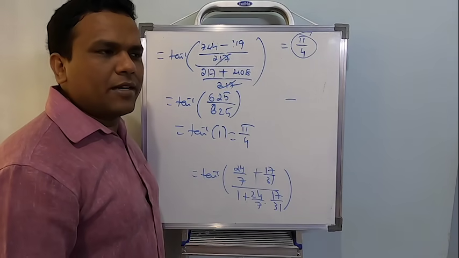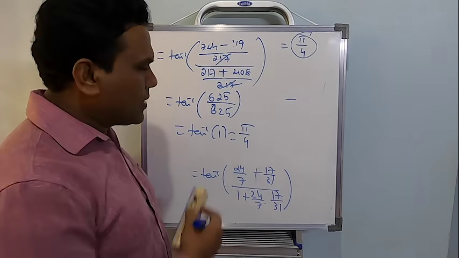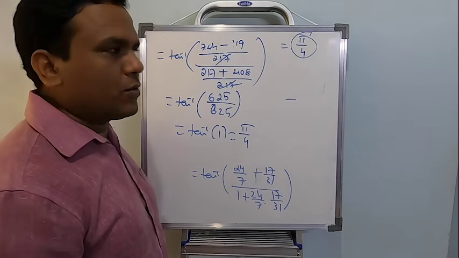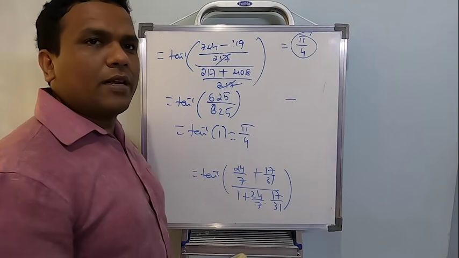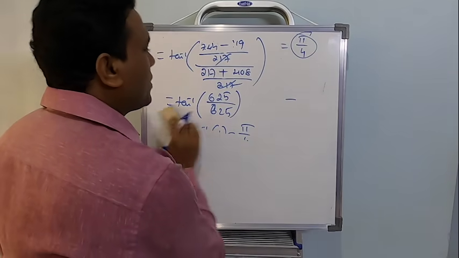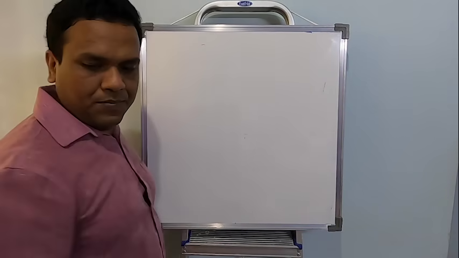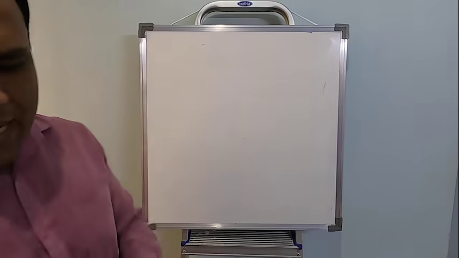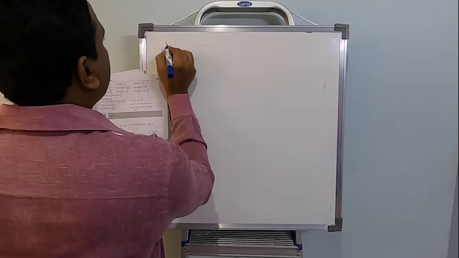So somewhere when solving itself I will get to know I have made a mistake. So I just went back and found the mistake. It's quite easy because I know my required answer should be pi by 4. So that was the fifth sum. So we have one more left, the last problem of the exercise.